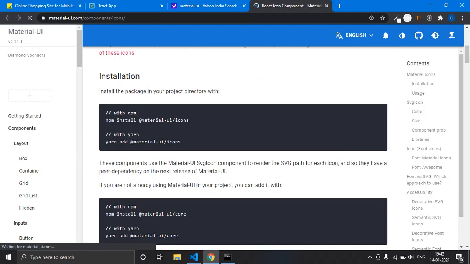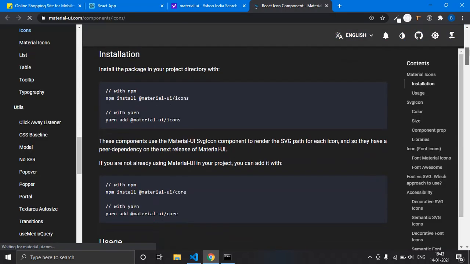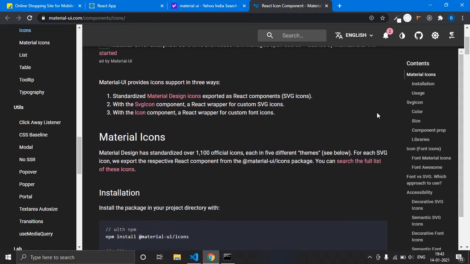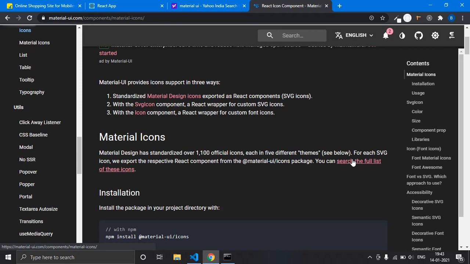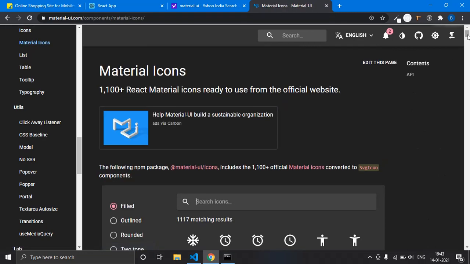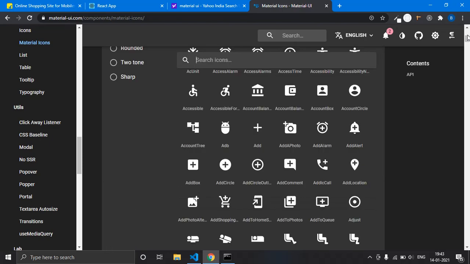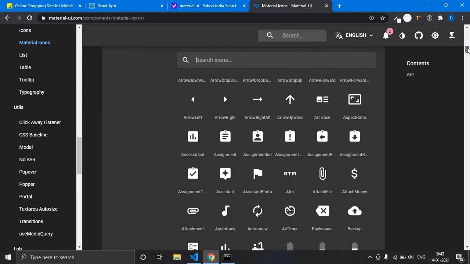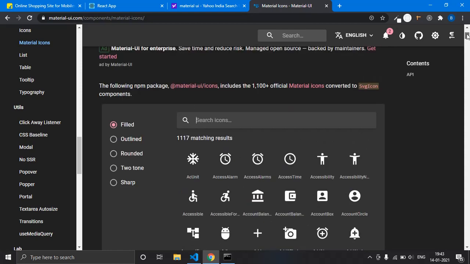Now in order to get the full list of icons, you can see over here these are the packages we have to install in order to get the icons, and just click on this, search the full list of icons. Somehow you should get over to this page. You can see there are plenty of icons which we can import as a component and use in our React app.